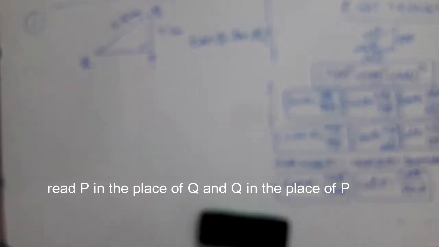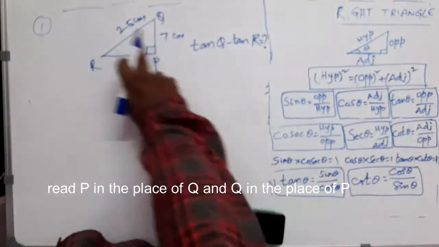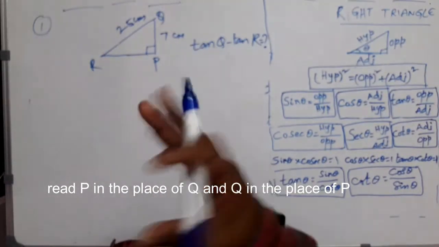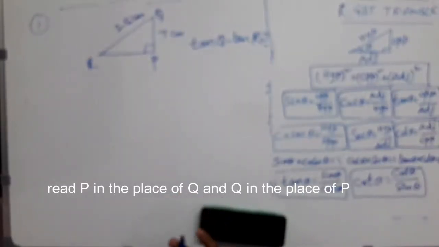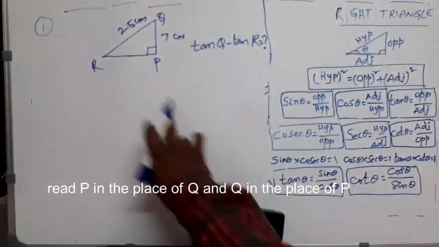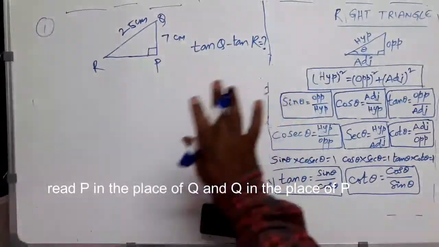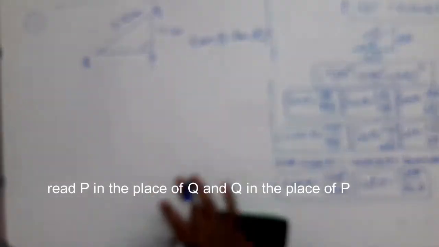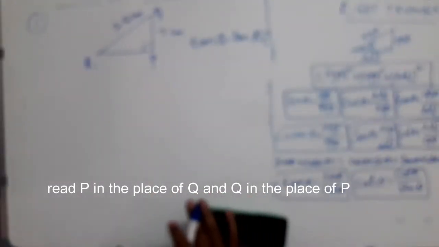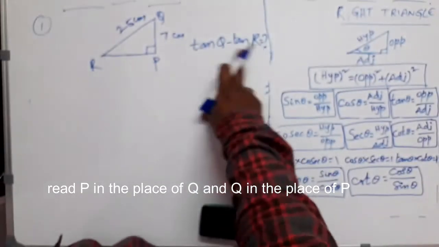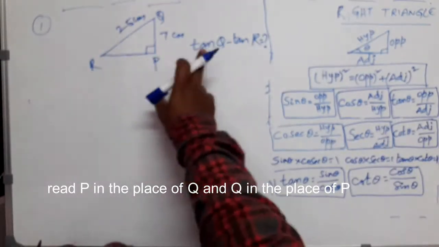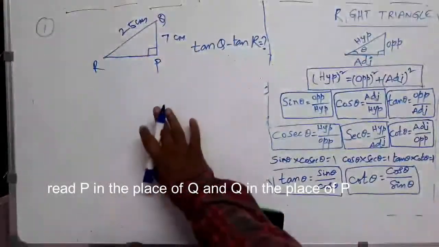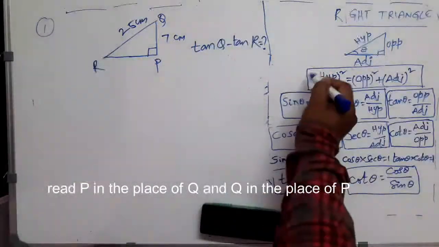See, here in this question, the lengths of two sides are given, right? You can find the third side using Pythagoras theorem. In any question, if you know the lengths of two sides in a right angle triangle, you can find the value of the third side using Pythagoras theorem. Hypotenuse square is equal to opposite square plus adjacent side square. Because you need to find the value of tan Q and tan R, and they involve the third side also. We will see that. So let us first find the value of the third side using Pythagoras theorem. This is a very useful formula, right?